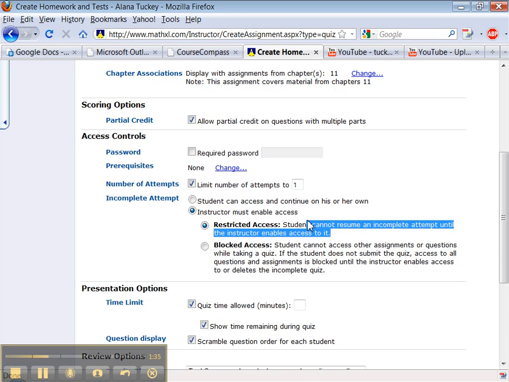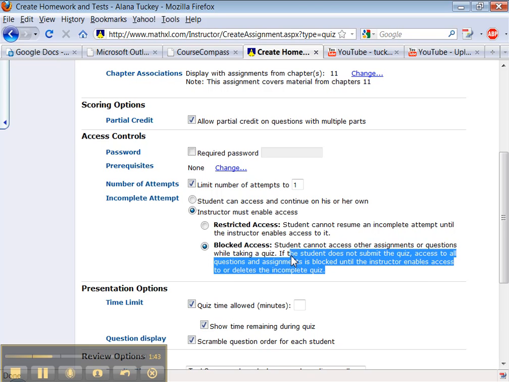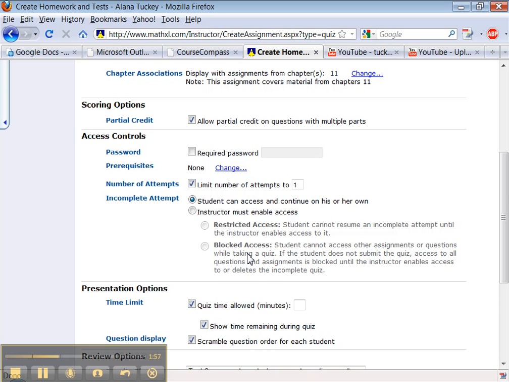Student cannot resume an incomplete attempt until the instructor enables it, or blocked. Students cannot access other assignments or questions while taking a quiz. If the student does not submit the quiz, access to all other questions and assignments is blocked until the instructor enables access to or deletes the incomplete quiz. See? So what kind of access do you want them to have?